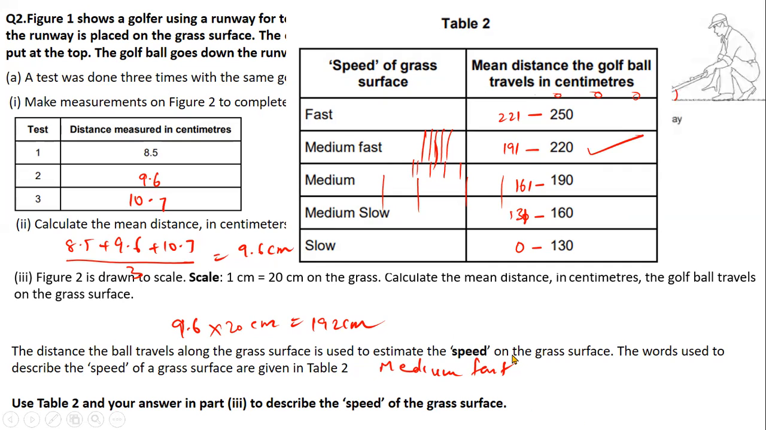Use table 2 and your answer in part 2 to describe the speed of the grass. Just a minute, let me move this upwards. Describe the speed of the grass. Okay, that's what we have done so far. Then next is